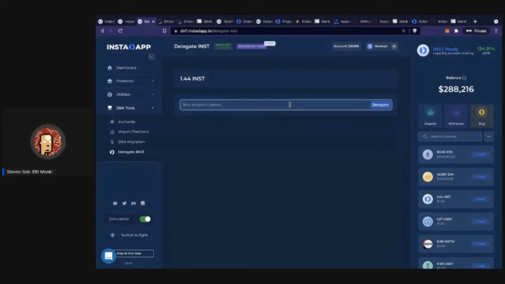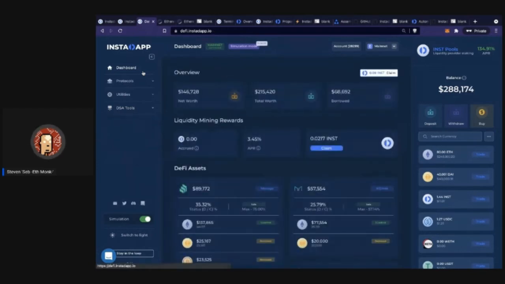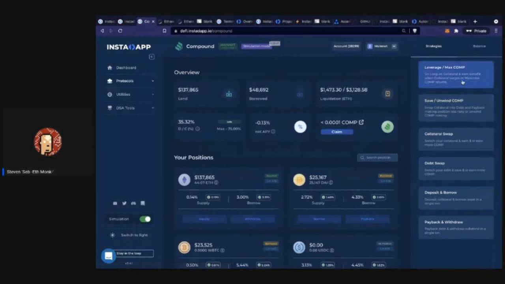And now I'm going to show you a little bit more of the technical stuff. But essentially, a lot of what I'm going to show you on these other pages, you can actually do here as well. It just looks different. So let's bring you to our framework. All the strategies that you see on here, we created these, but any user can write these transactions. And any protocol that's integrated into Instadapp can leverage other protocols to make this all-in-one transaction. So I'm going to bring you to our developer docs real quick.